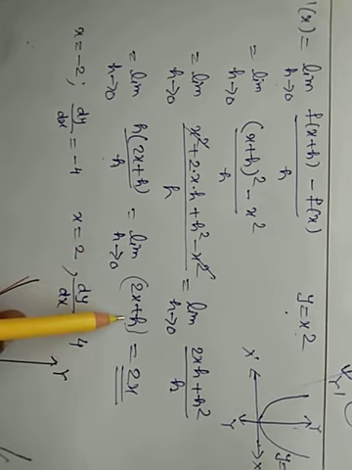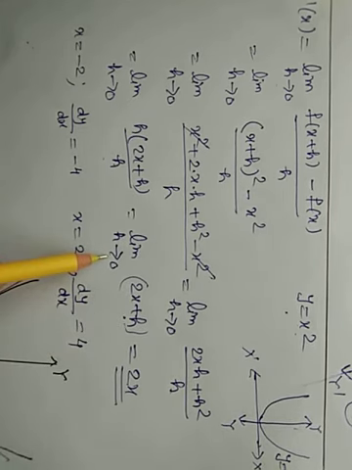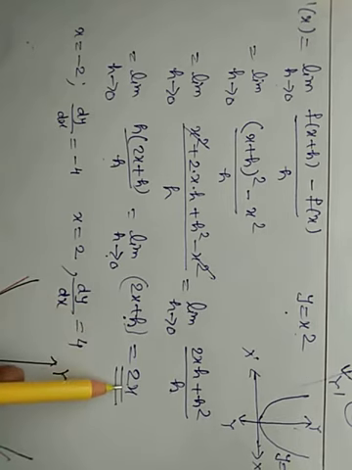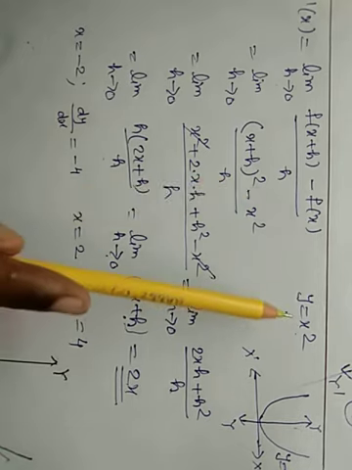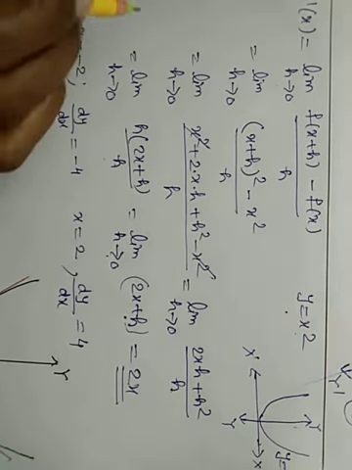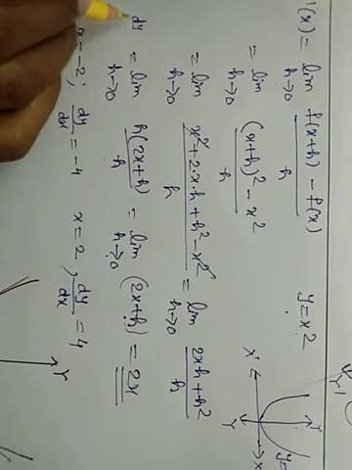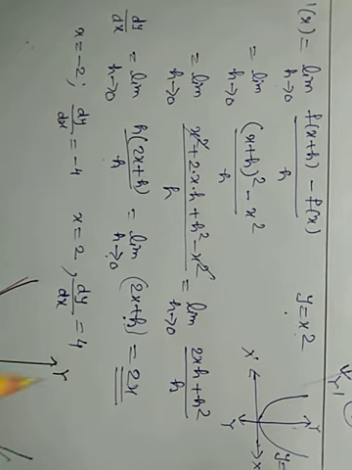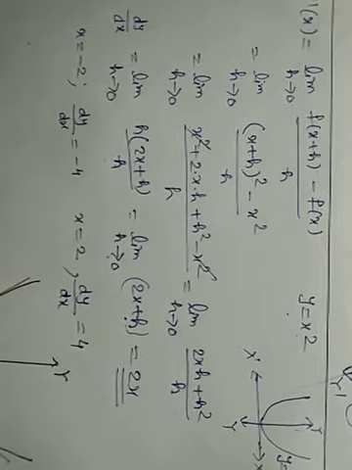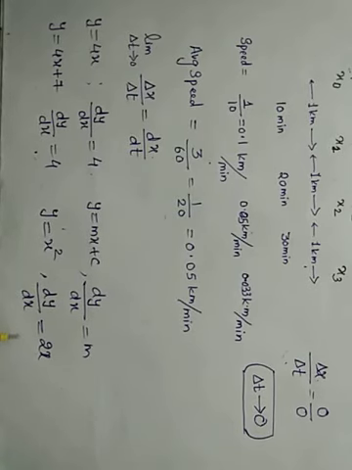Now we can apply the limit. The value of h, 0, we will substitute over here. We can put h equal to 0, we got 2x. So when y equal to x square, dy by dx, f dash of x, means what? It is dy by dx only, children. F dash of x means we got 2x in this case. Means in this case what you observe? The rate of change of y with respect to x is not constant. It is varying. As x changes, its rate is also changing.